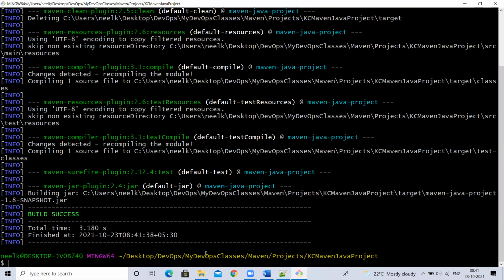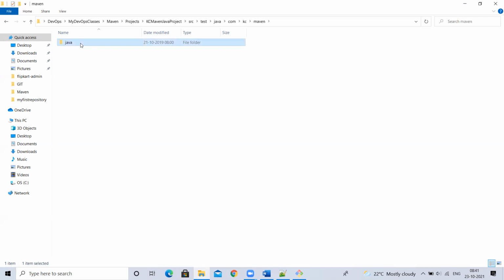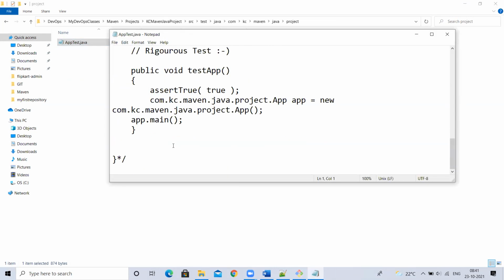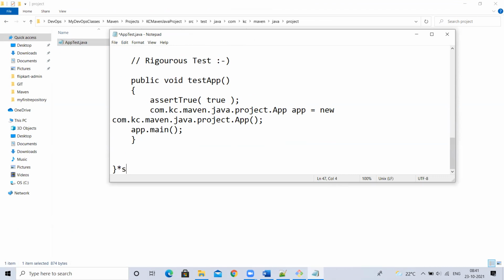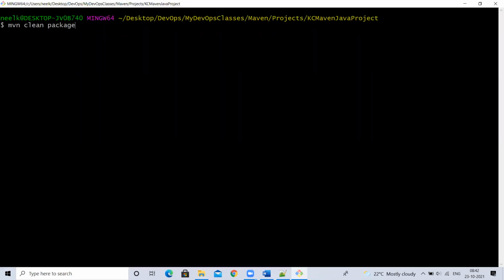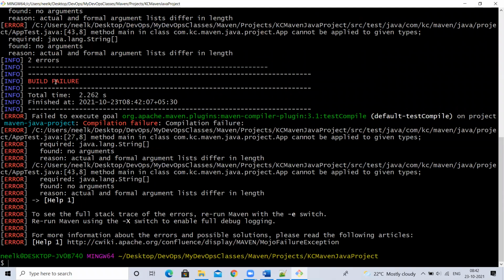Okay, it is success. Now what I'll do is in the same project, I'll remove those comments. This test case has a compilation error, right? Oh my God, it has one compilation error. Now if I run this, it will throw that the test file has a compilation error. See, it is having it, right?